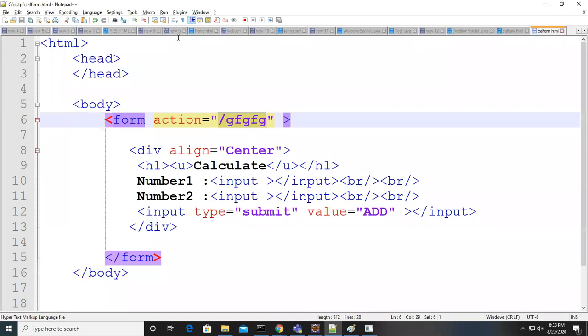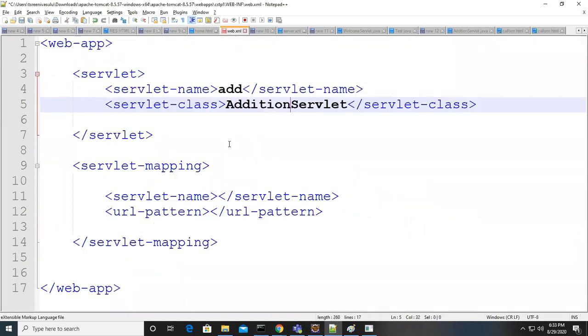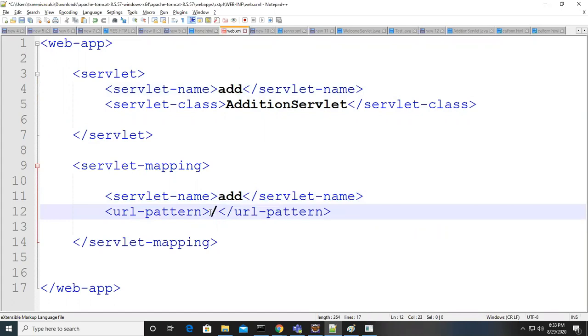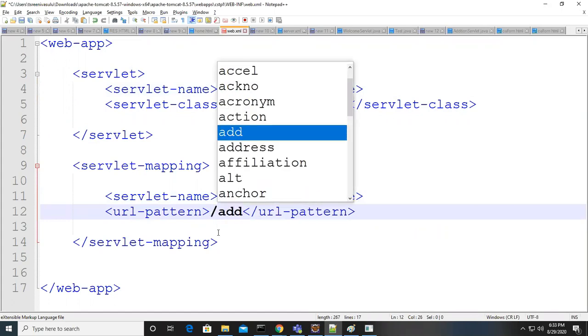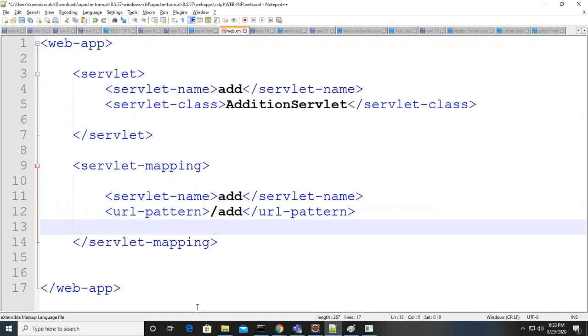Okay, where is the web.xml? Yes. Where did it go, guys? Yeah, this is the one. Okay. Addition servlet. Again, what is the name you used in this configuration? The same name you have to configure here. And the URL pattern, I'm using /add. Okay. First, to access this, we are ready with this.